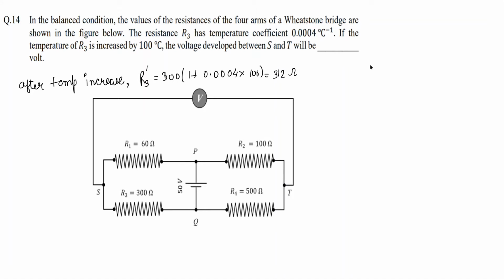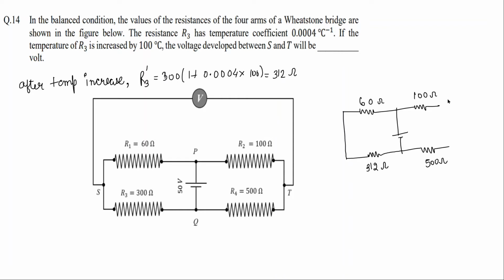I'm gonna redraw this whole figure, okay, like this. This Wheatstone bridge situation I'm gonna draw. This is 60 ohm, okay, and this is a battery, and this one is 100 ohm, okay, and this one R3 is 300 ohm, 312 ohm, and this one is 500 ohm, okay,